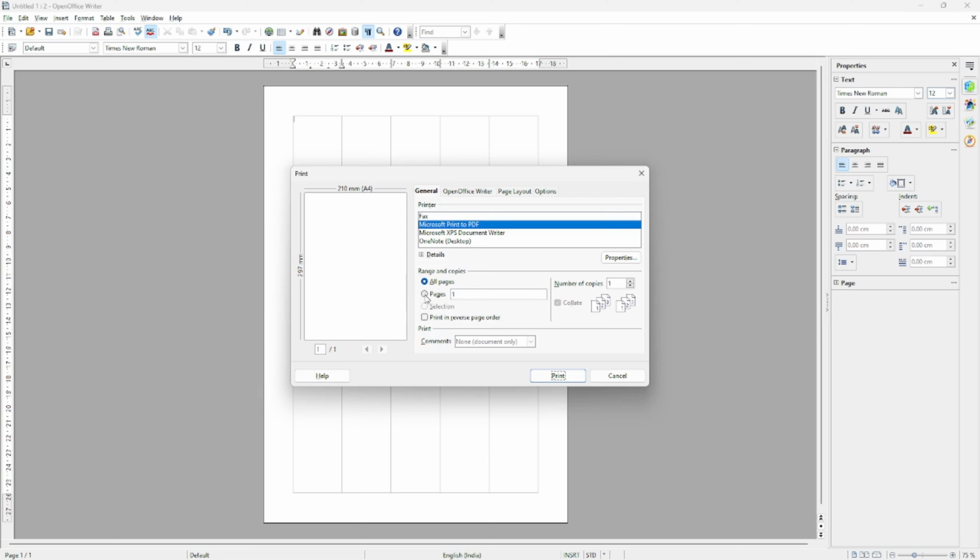The second option is pages. If I don't want all the pages from the document, I want specific pages. If I want only one page, I will put 1. If I want only page 5, I will put 5 here. Then it will print only page 5.